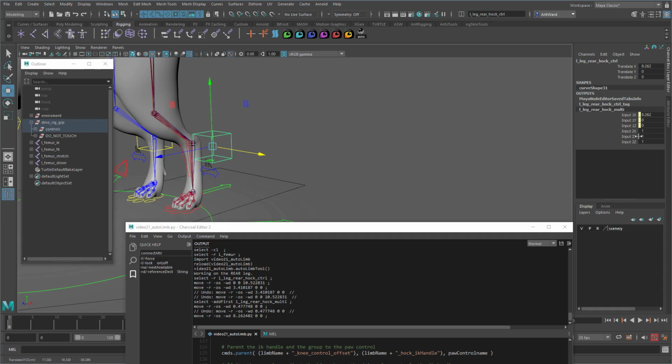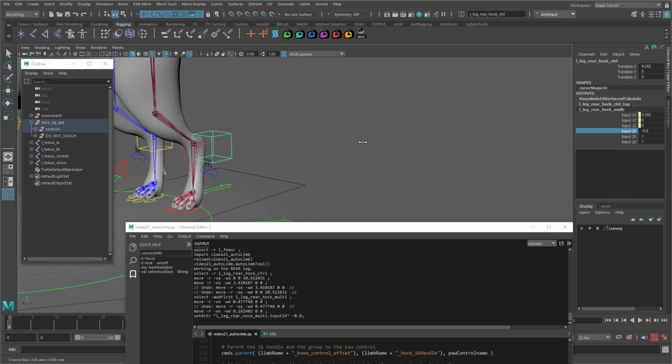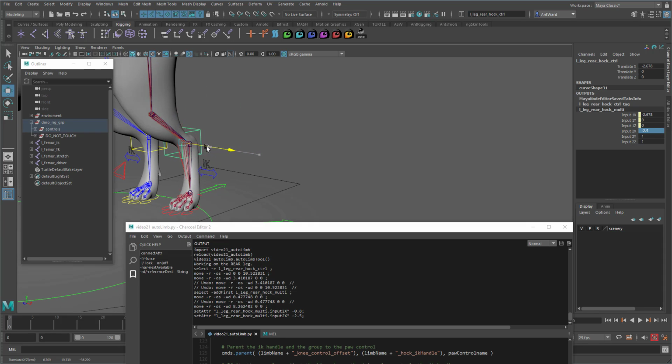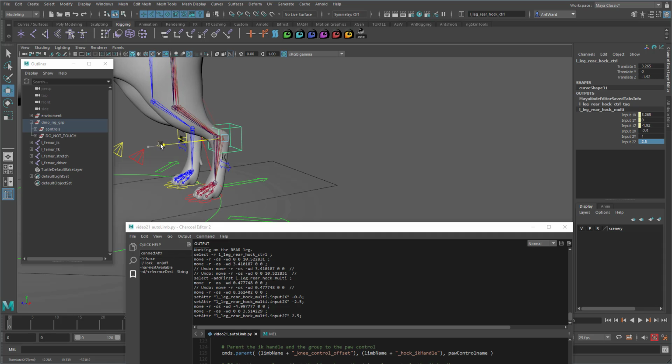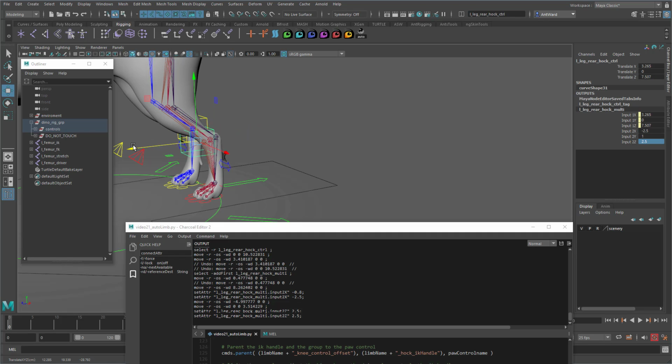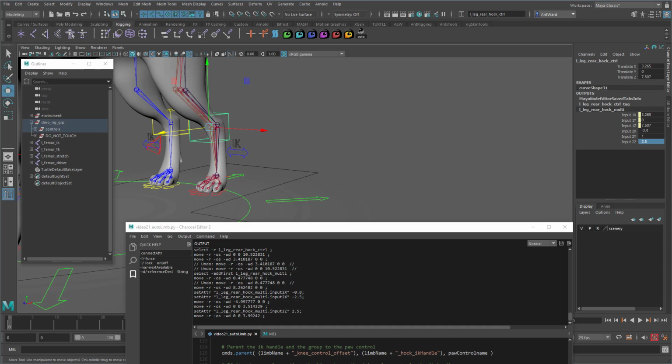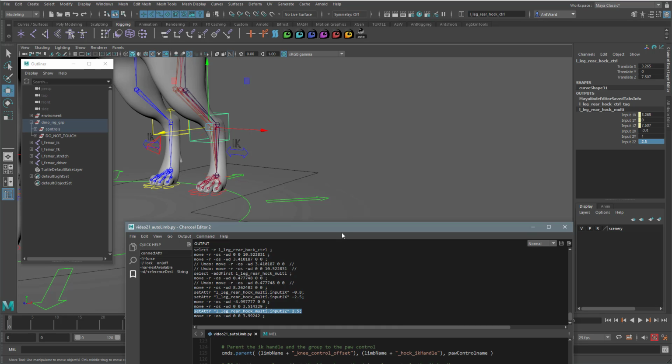I'll adjust input to x. To get it to move the right way, we have to use a negative value. Okay, let's try minus 2.5. That looks better. Let's look at the Z translation. Maybe try 2.52. Looks okay too. So as we did that, you will see that Maya added the code we need with the